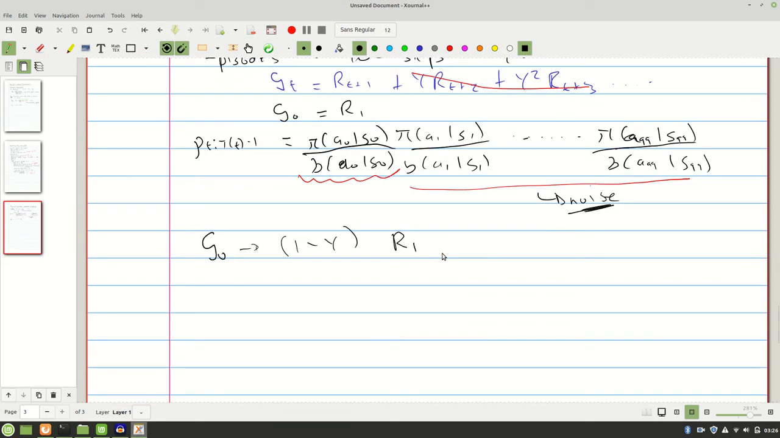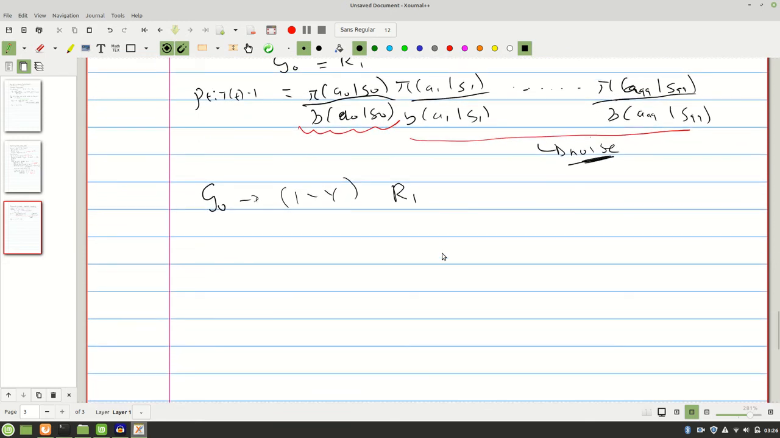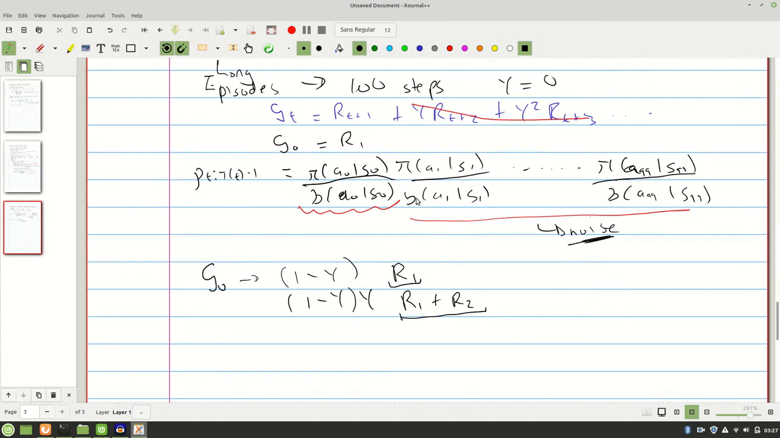I'm going to show you in more depth what I'm referring to here. This is how we can look at it as partly terminating and only giving us R1. We can also think of it as partly terminating and giving us, with probability 1 minus gamma times gamma, R1 plus R2. So again, what we're saying here is, depending on our discount factor,